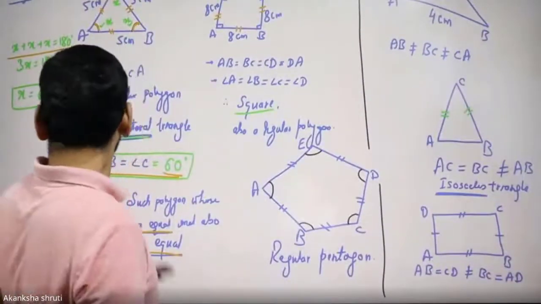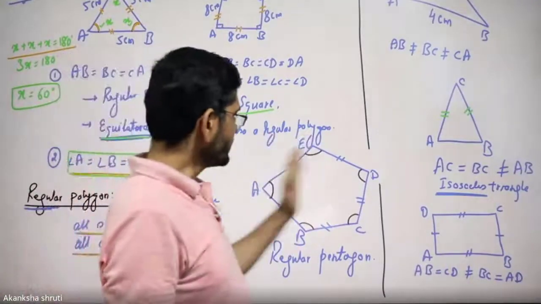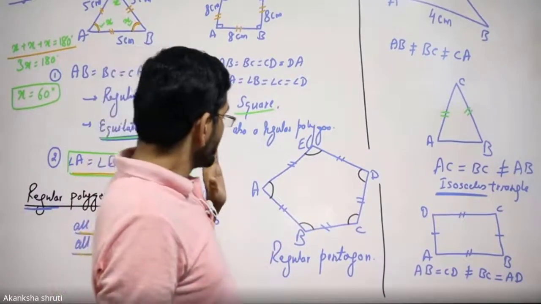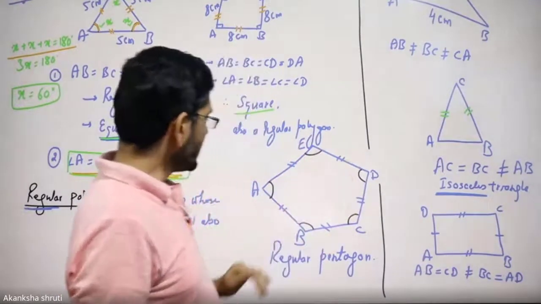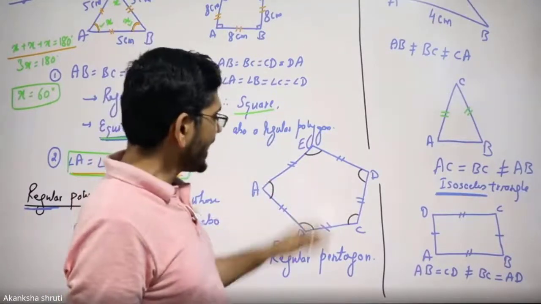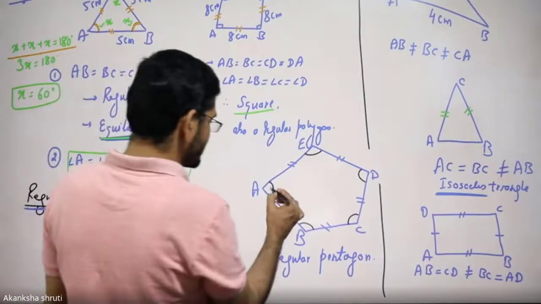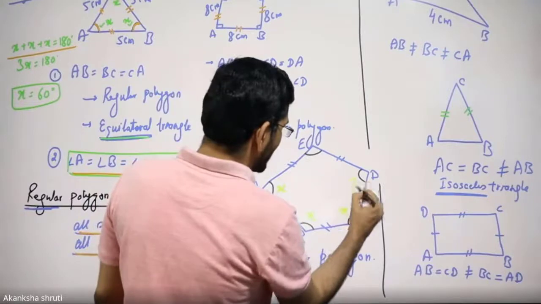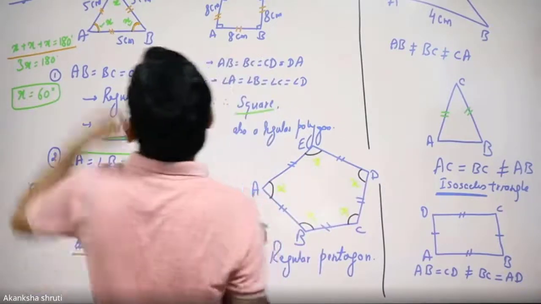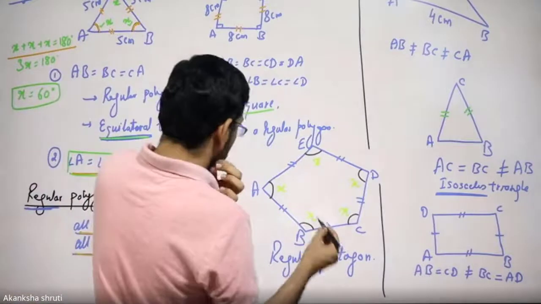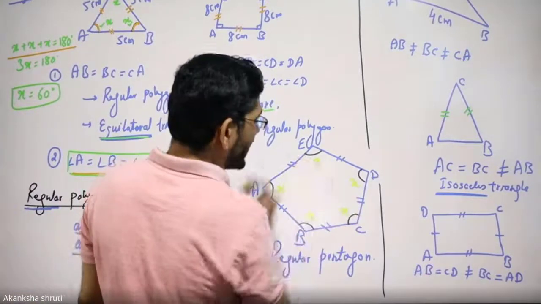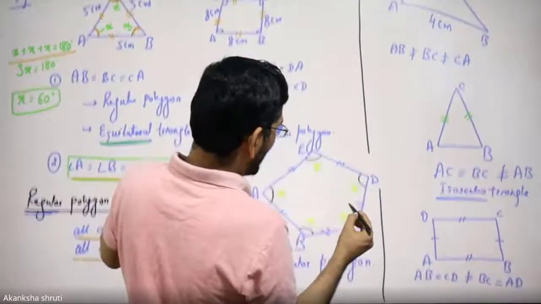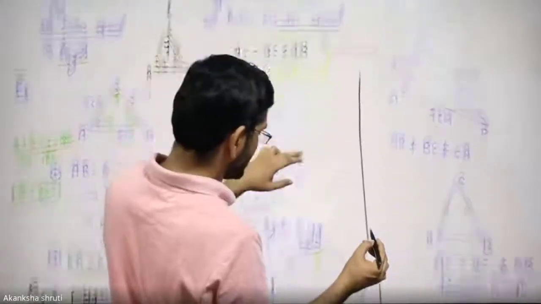Students, we may consider the pentagon with all the sides equal. When all these sides are equal, then all their internal angles will also be equal. So what about the angle A? Let us consider this as X, B as X, C as X, D as X, and E also as X. Then in this case, students, 1, 2, 3, 4, 5, so 5 of X is the sum of the internal angles. This can be calculated here also.